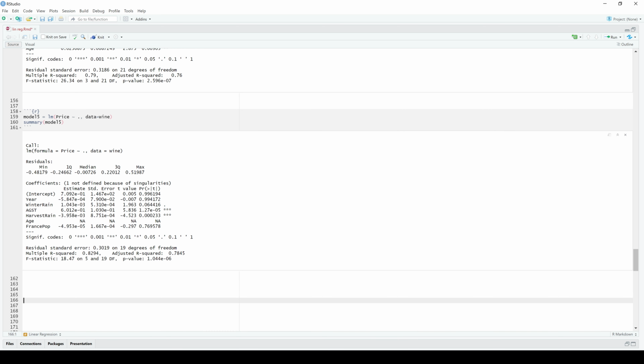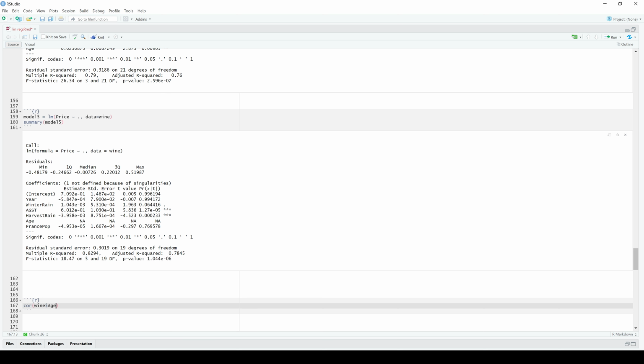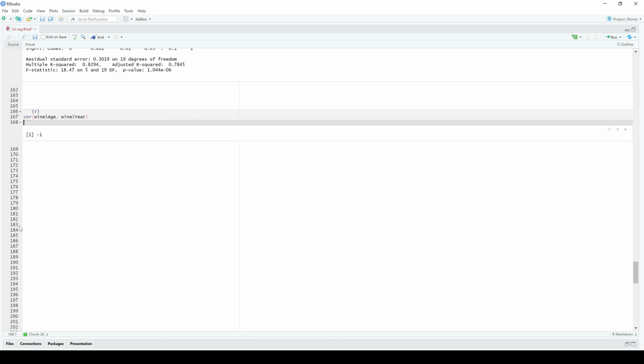Do you guys think it's correlated? Let's check on that again. So correlation between wine$H and wine$year: -1. 100% negative, very strong correlation. Why is it -1? Remember we said basically they are the same variable. They are giving the same information. So in that regard, they are the same variable. So that's why we are getting -1 correlation there